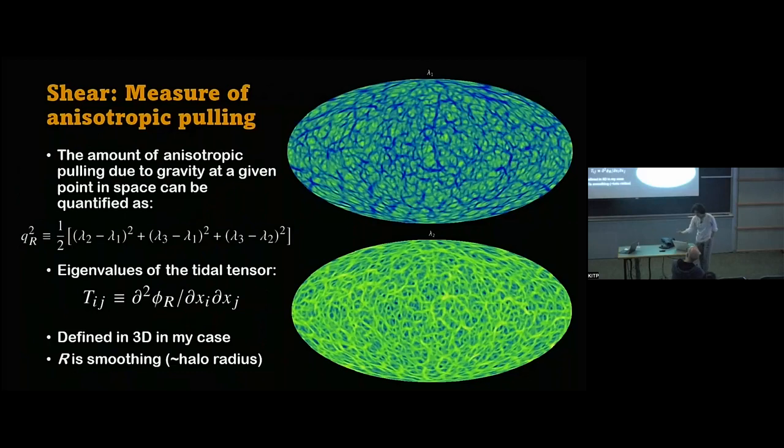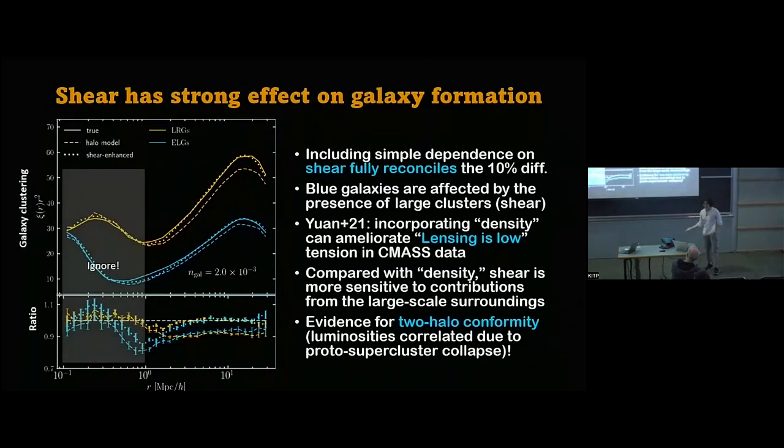Okay, so what happens if we now put that parameter in some way into our galaxy halo model? I can give you details of how that's done, but I don't think it's that interesting. The bottom line is that there is a simple way of inputting additional dependencies into your HOD model. And if you do that, then you now get this new dotted line that is showing what the shear enhancement does to your prediction. So you can see that now on large scales, which is the goal of these clustering studies, is fully reconciled.